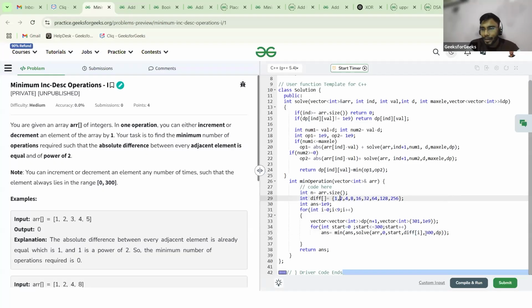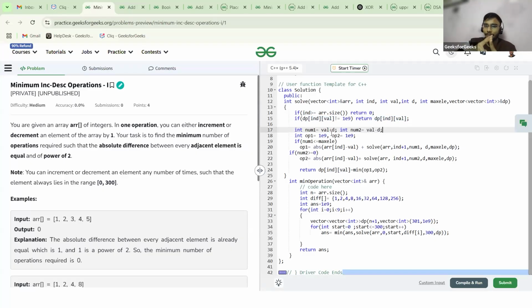After that, the maximum element value possible can be 300, and my DP array. You can see that if my index is greater than the ARR size, then easily return 0 and come back to the function. Now, if the DP of index and value is already calculated, that is, it is not equal to 10 to the 9, infinite, then I can easily return that calculated value.